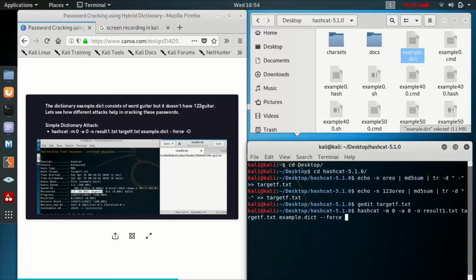Force is basically because hashcat uses GPU as well, so force makes it use the CPU, and that's it, and we are ready to go.